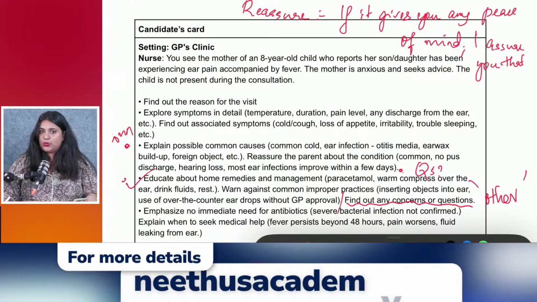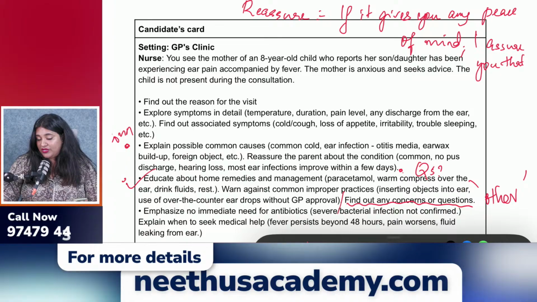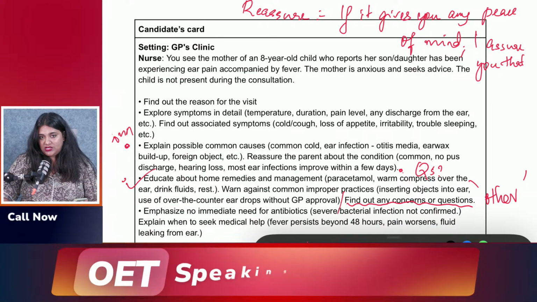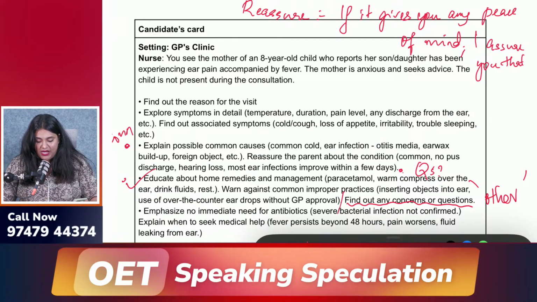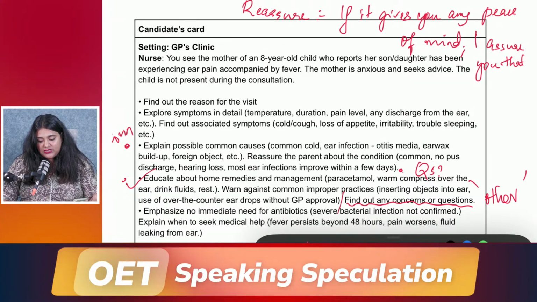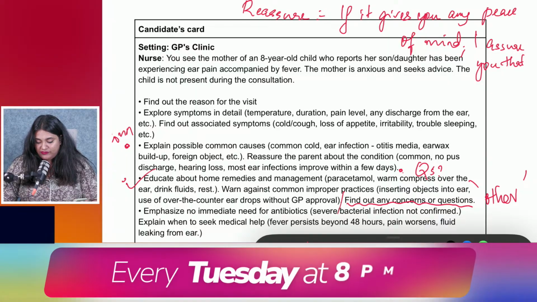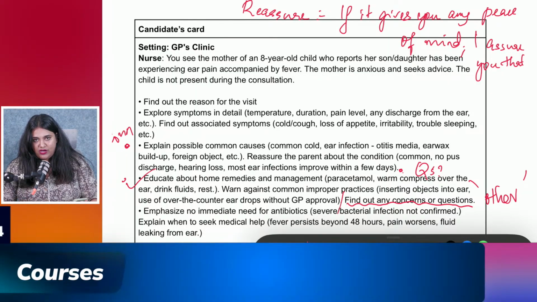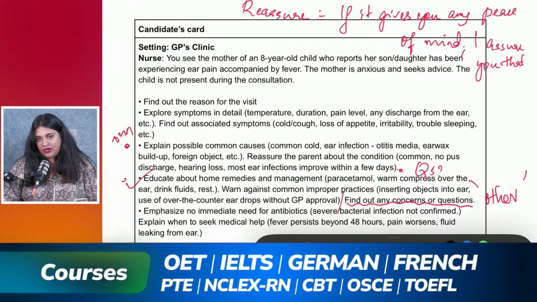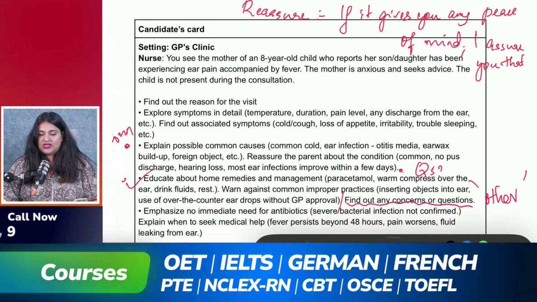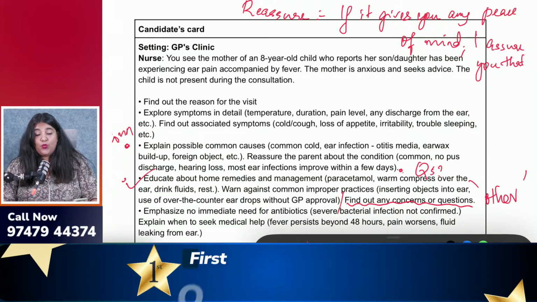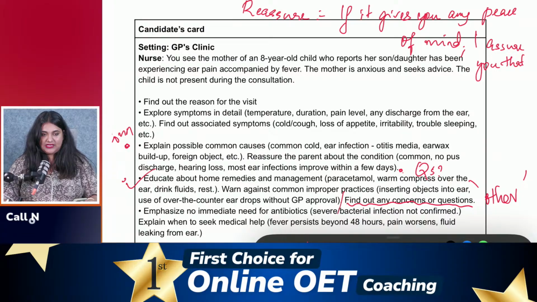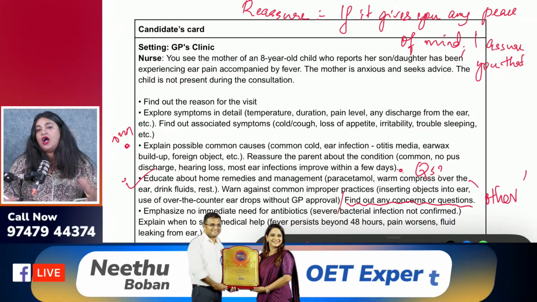So what you can do is say, well, Susan, I totally understand where this is coming from, or I totally understand why you say that you need to put her on antibiotics. But let me tell you, given her situation, there is no immediate need for antibiotics, because severe bacterial infection is not yet confirmed. So we do not need to put her on an antibiotic course. The normal medication and the instructions that I've told you will suffice. Will suffice means that much is enough, that is the context.